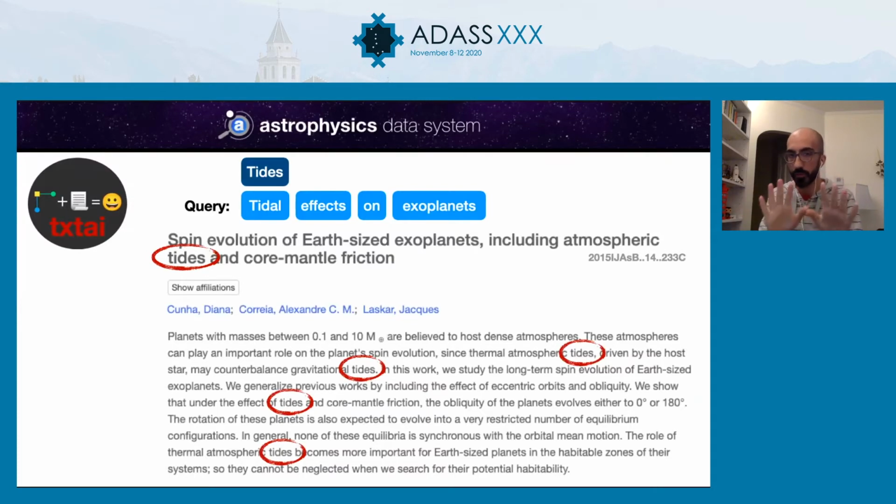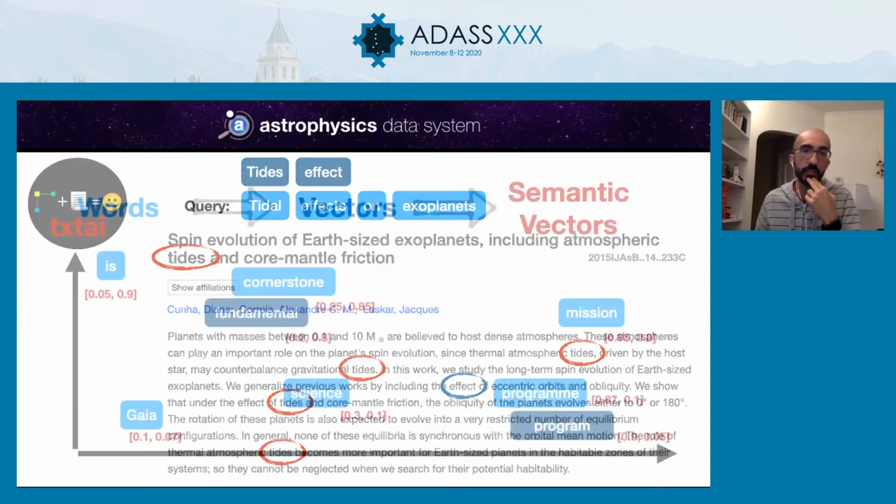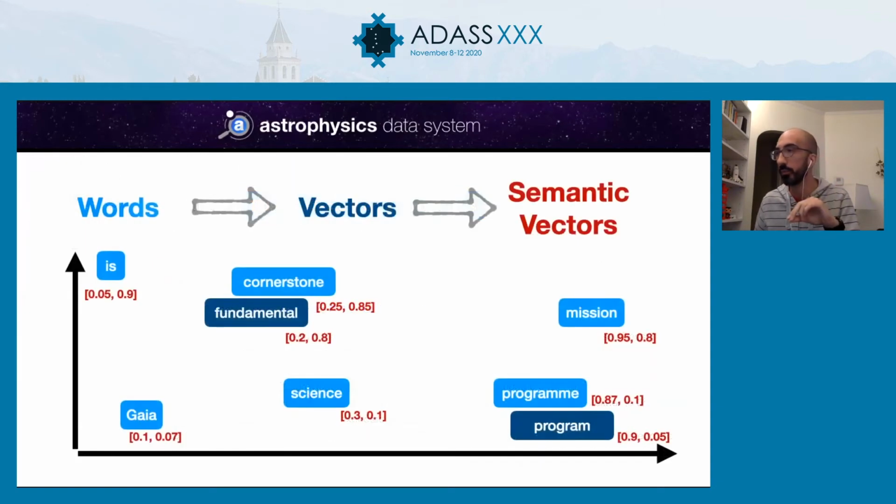And for this experiment, we have not used any list of synonyms. So the system has really learned that these two words have a very close meaning, and it's capable of identifying documents that are relevant to this search. The same happens for "effects," which appears in the abstract only in singular, not in plural. So this is great.